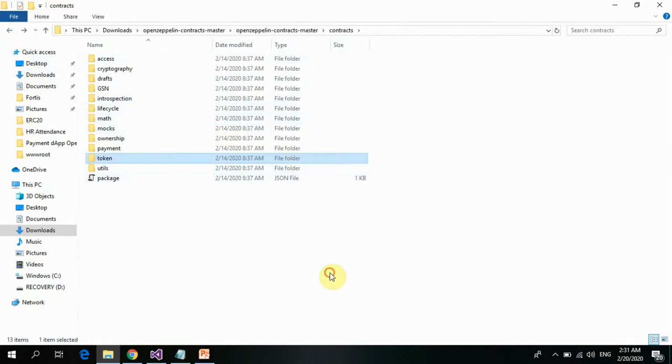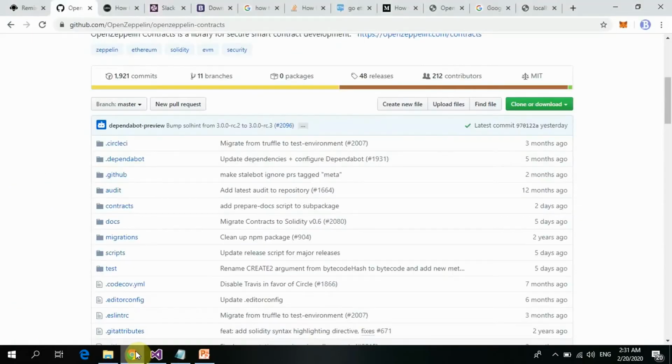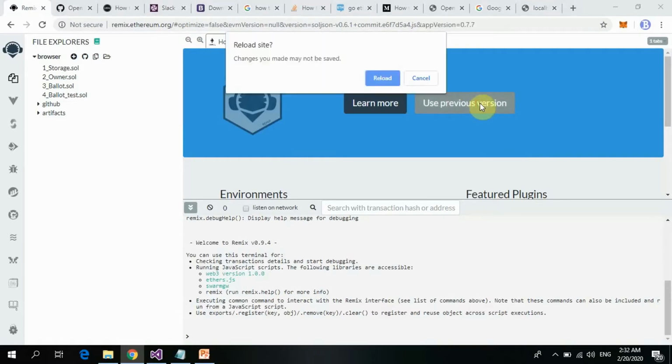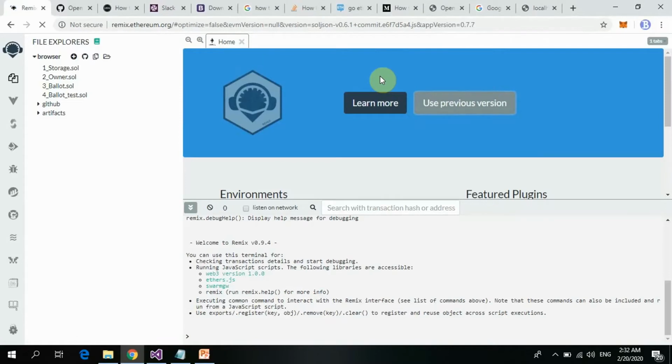Once you have these in your system, we are going to build our contract, like I said. So go to remix.ethereum.org, and it will give you this new version. If you click on this, it will take you to the older version. If we click reload, it takes you to the older version, but it's pretty much the same thing. But since we have the new version, I don't see any reason why we should work with the old version. But just to show you how it looks like,